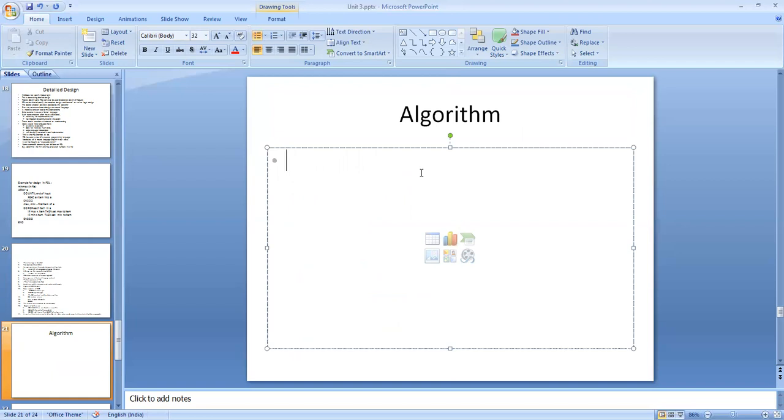You have already studied algorithms from your first year onwards. An algorithm is one of the problem solving methods. An algorithm doesn't follow any language constraints.